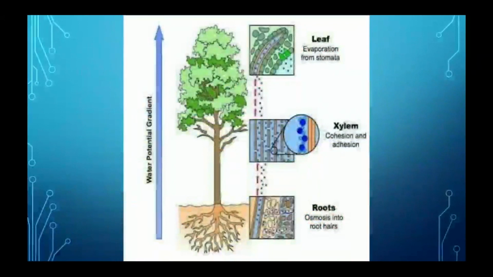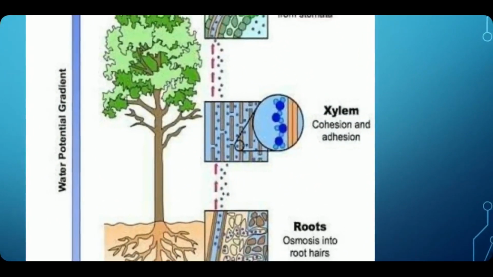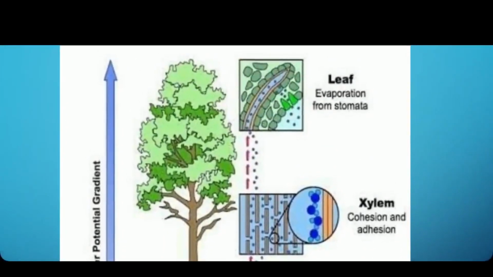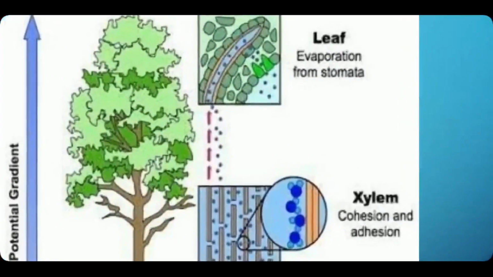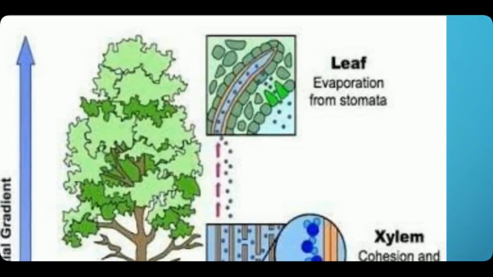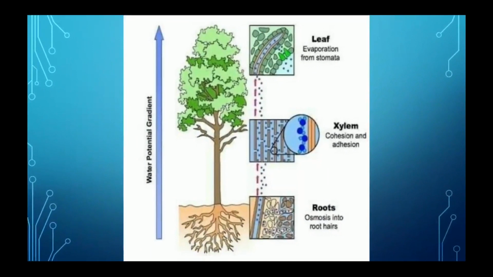Here is another picture showing how the transpiration process happens. First, water is absorbed from the soil by the roots, and then it reaches the stem. There it meets the xylem, and the xylem conducts water to the upper region, and from there it reaches the leaves. In the leaves you can see it reaches the stomata, the more colorful green structure. By this, water in the form of vapors escapes into the atmosphere. This is how the transpiration process takes place.